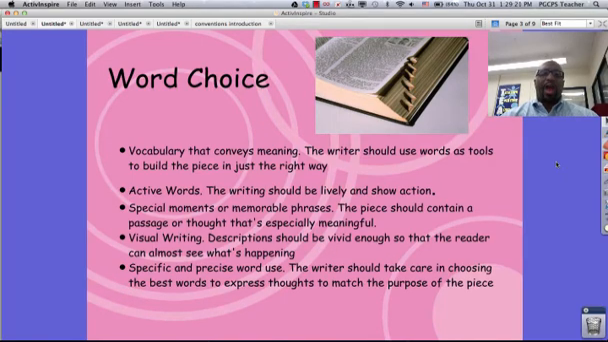We also want to use active words. These are words that help illustrate how lively our